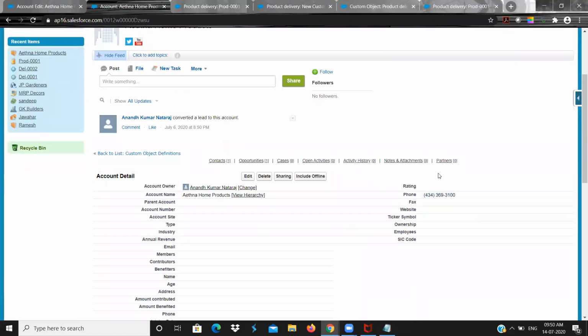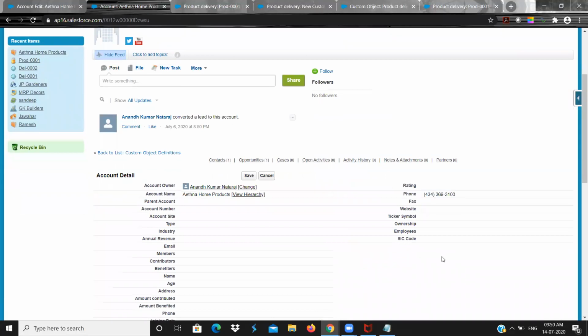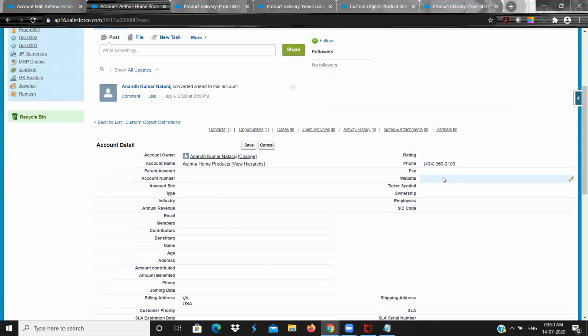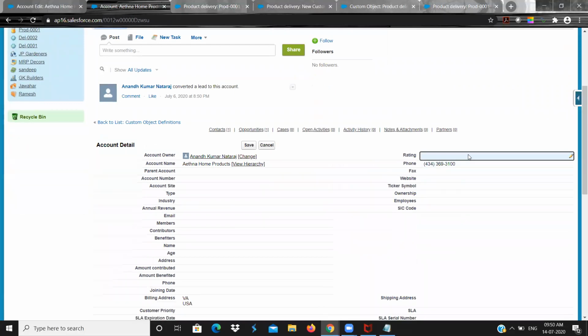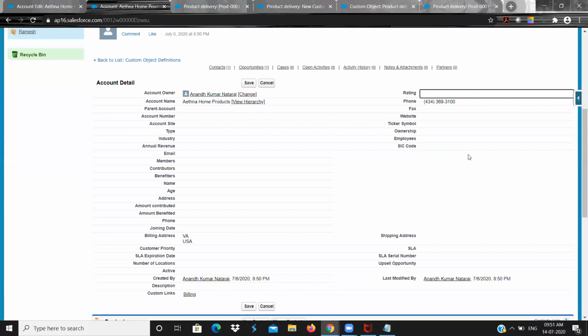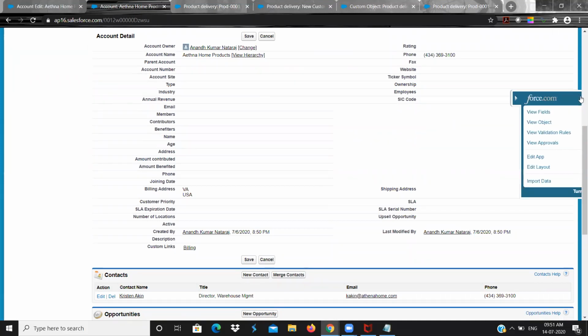Here I have some drop down and facts. I wanted to create a formula field here.